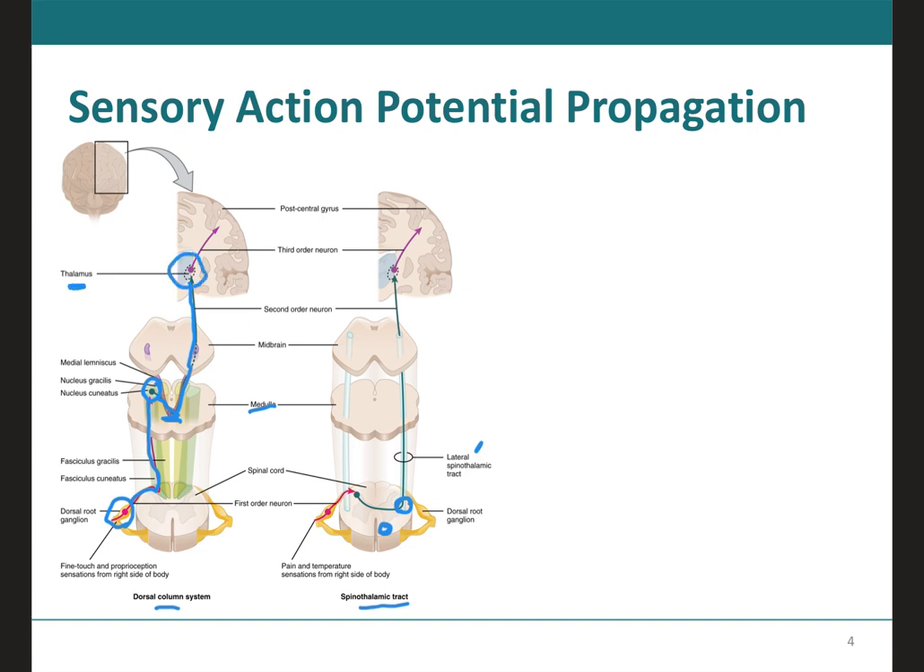synapse with a third neuron, which is represented here in purple. Now, the third neuron will then send the information to specific areas of the cerebral cortex depending on the type of information that's arriving. A little bit more information that we can add from what we have seen already is